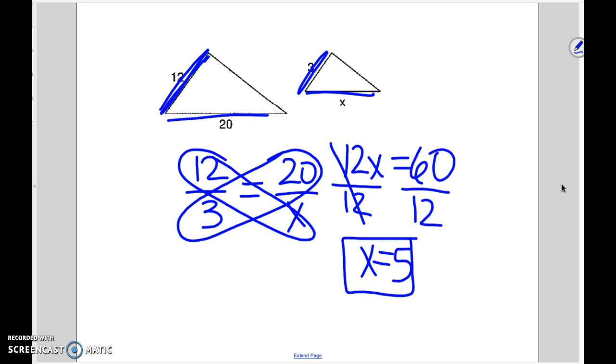Again, the corresponding sides is what's important here, because you know how to do the cross multiplying and dividing, but it's the 12 to 3 and the 20 to x. Make sure that those are on the same